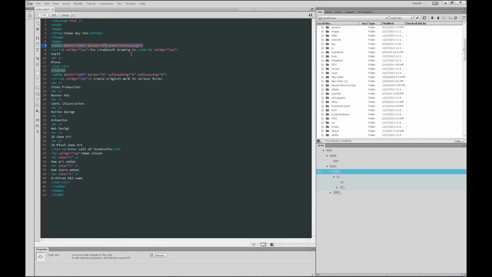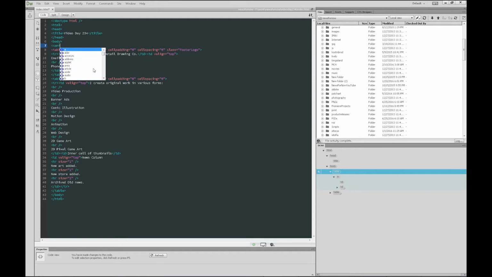Alright, so I have an idea. Because there is a chance that this site could end up on someone's monitor that may be a ridiculous size, I am just going to make this smaller. The reason is that I don't want them to have crazy amounts of space. So we're going to make this 1900 pixels in width. I got rid of the percentage sign, changed the number to 1900 instead of 100%, and I'll do that for this other table that we made. Alright, so if we upload this,